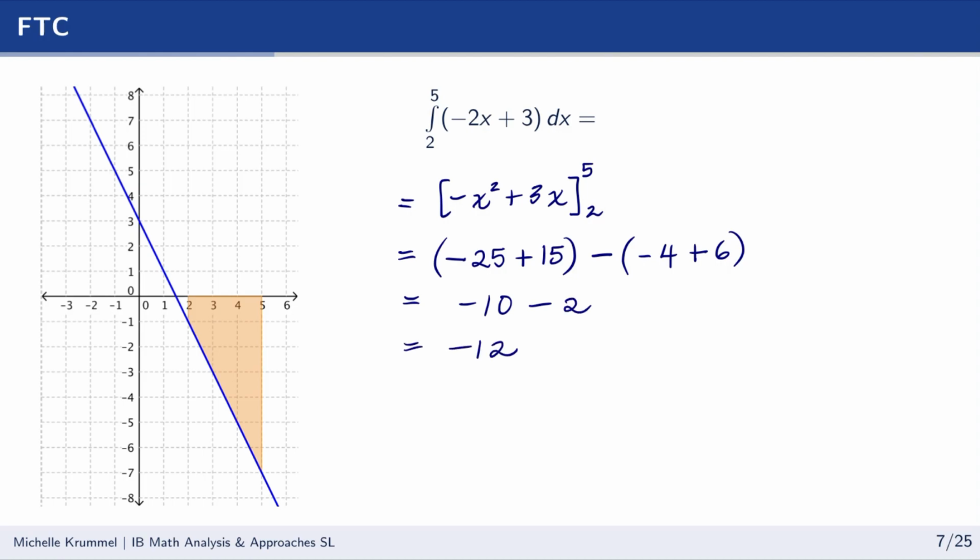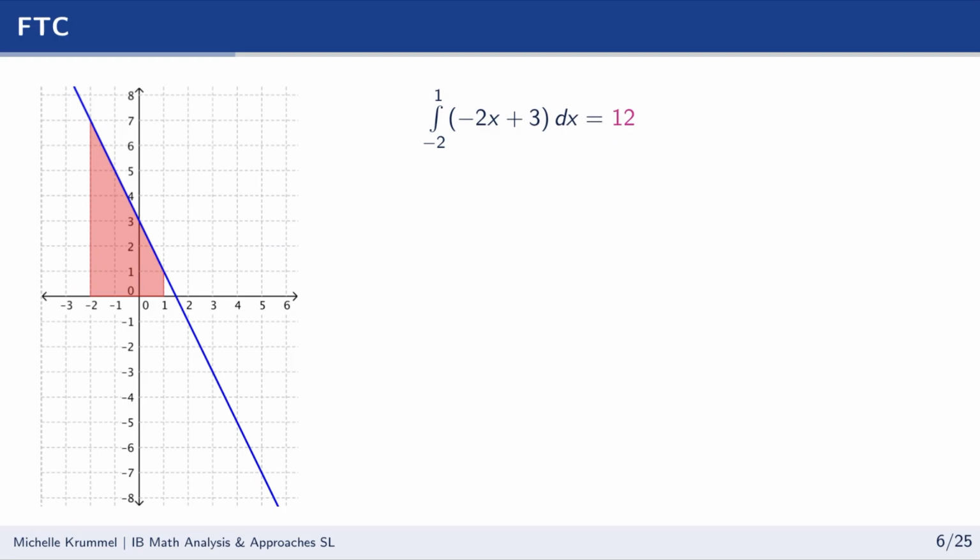Now let's just look at the graph and see if it's reasonable that our answer is negative 12. Well, the trapezoid that we have here is the same size and shape as the one we had before. It's just reflected. If I go back,